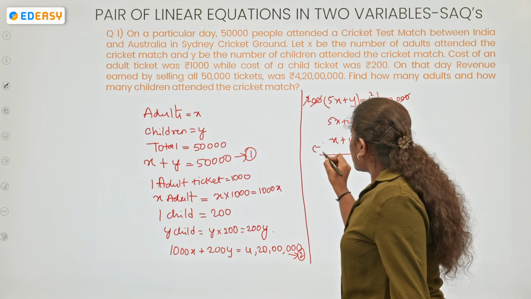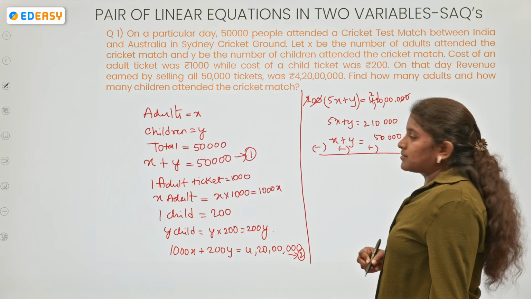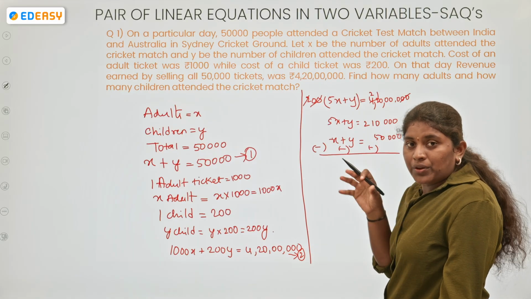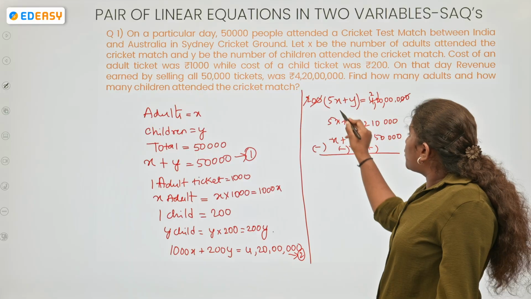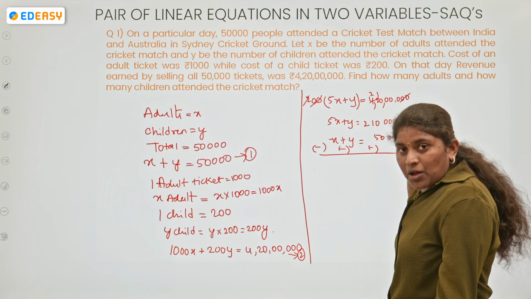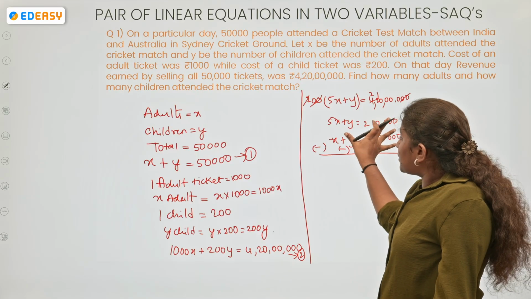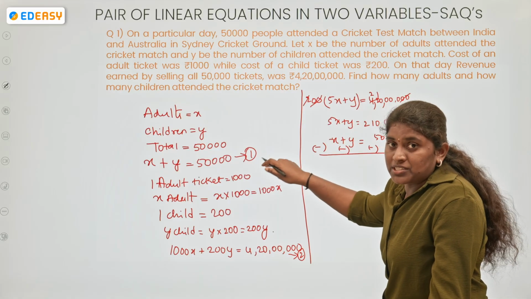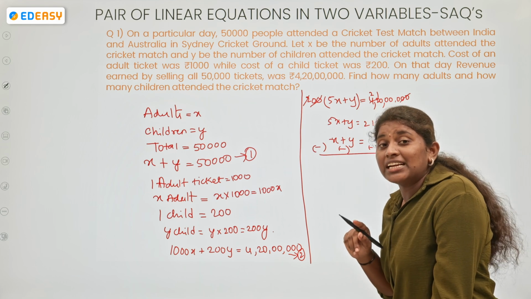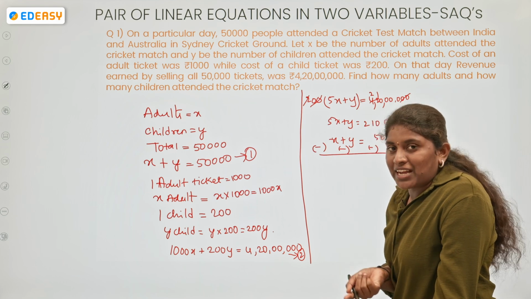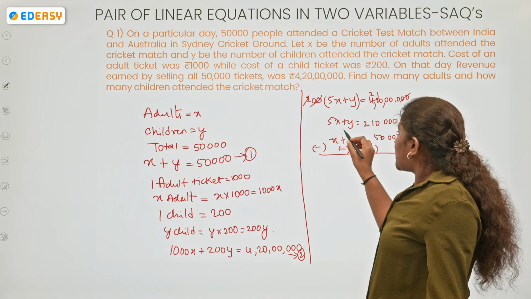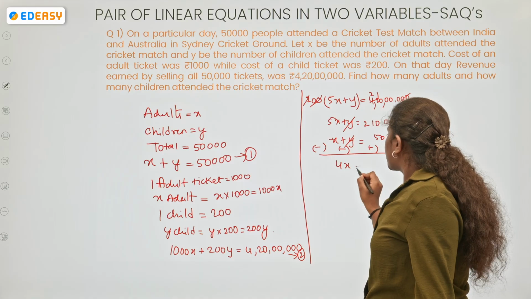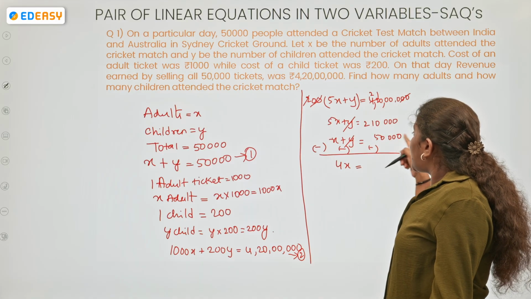So I am doing direct subtraction, minus, minus and minus. So now the second equation after reducing, I got 5x plus y equals 2,10,000. Now, if you see this equation, this is your second equation after reducing, and this is your first equation. After seeing them, we can say that we can directly eliminate y from direct subtraction. For that reason, taking the direct subtraction, plus y minus y cancel. 5x minus x, 4x, equals 2,10,000 minus 50,000.